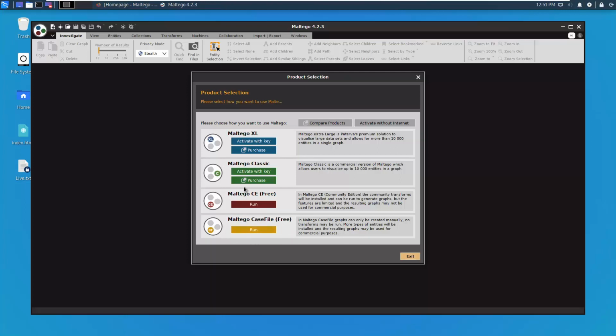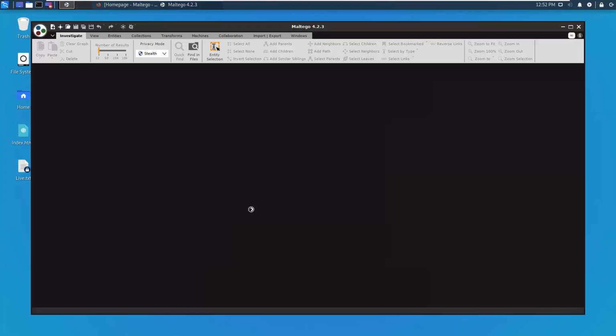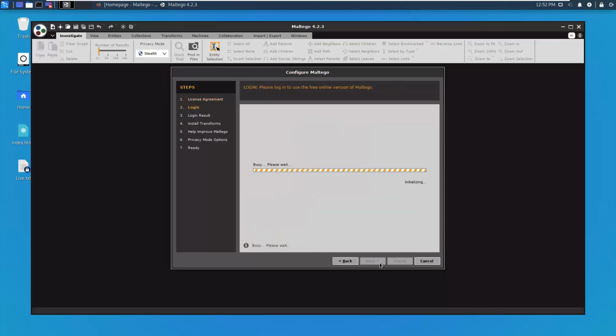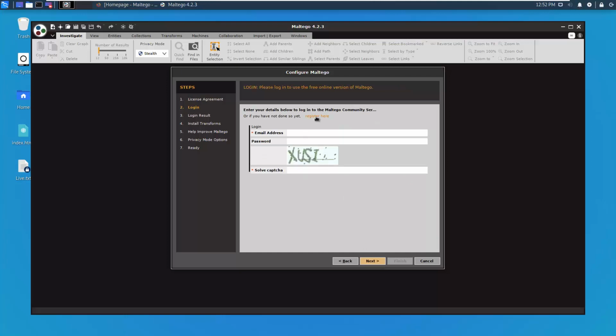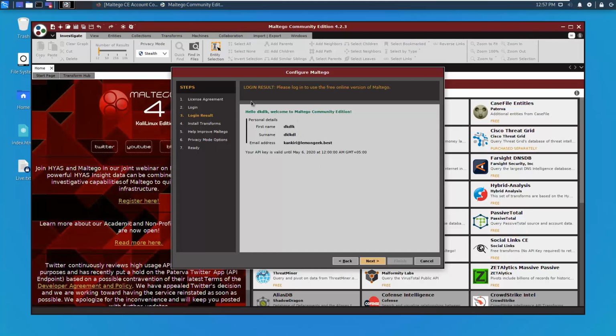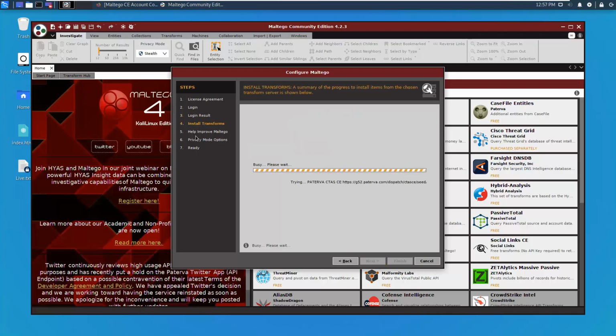So we are going to use Maltego Community Edition, and for that you have to sign up and register on the Maltego site, which I have shown you before. So let's just accept and do next. Over here you have to sign up, or you can click here to register. I'll pause the video here, and then you can register and sign up, then we can continue. Once you sign up, you will see this screen, right? Make sure you see this screen, and it will say welcome to Community Edition, and let's just do next. It will install all the transforms, and we will discuss what a transform is in a moment.